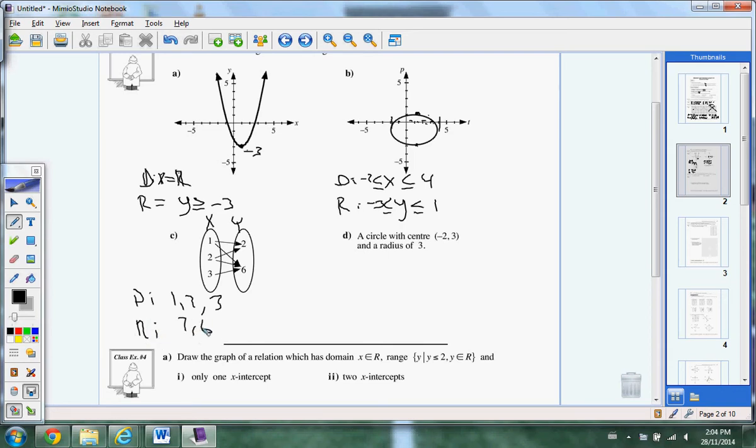Okay, a circle with a center at -2, 3, and a radius of 3. So what that means is we got 1, 2, 1, 2, 3. That means it goes 3 points in every direction. So it goes to here. 1, 2 goes to here. 1,